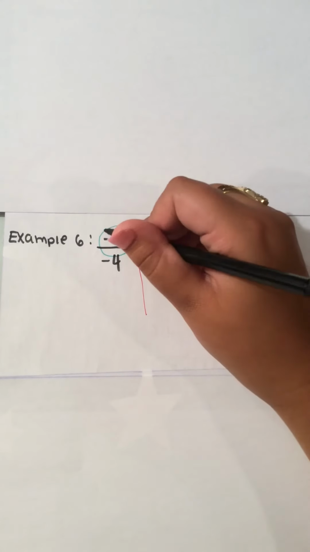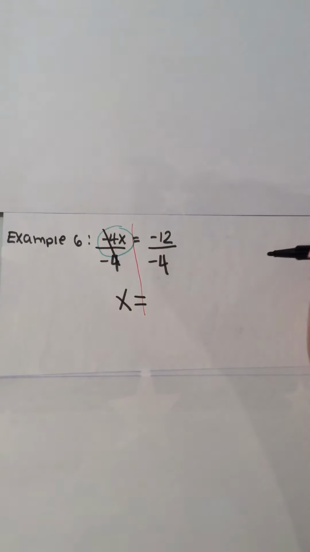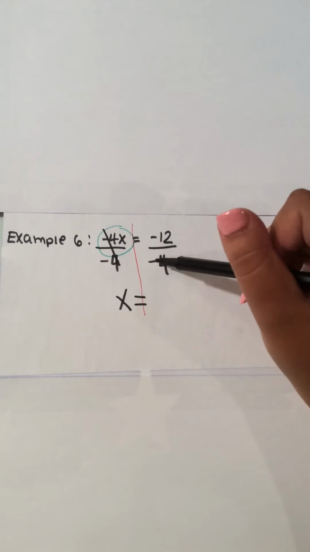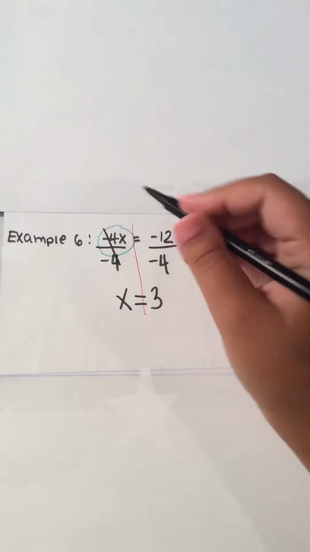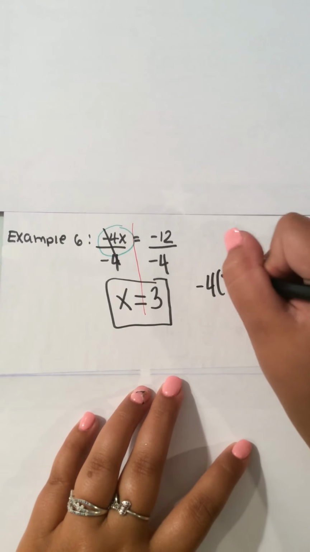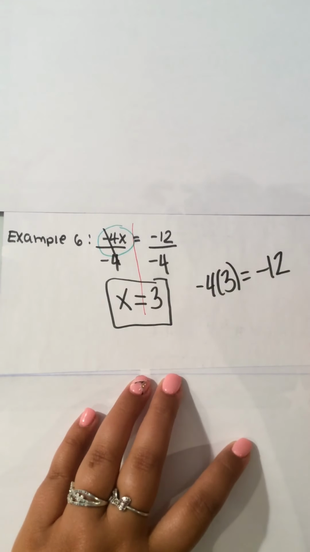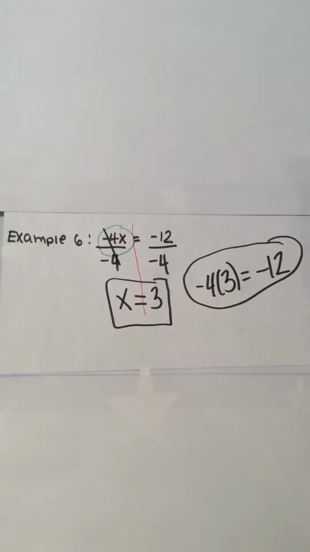Negative 4 divided by negative 4 cancels out, and you're just left with x because they go bye-bye. Negative 12 divided by negative 4, positive 3. Negative 4 times 3, if we're checking, does indeed check out to negative 12. Keep that in mind. So rule of thumb for equations, one-step